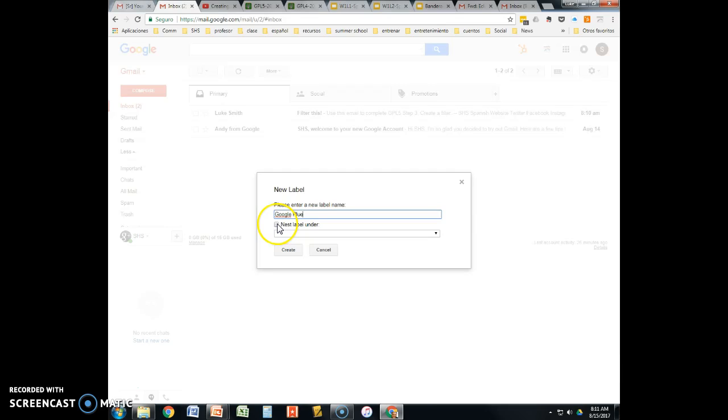Now here we have the option, we can nest this under other labels. So if you want to keep things organized, like for example high school, you can create a label called high school, and then you could put this as like a subfolder under high school, so there'll be another layer of folders. We're just going to keep this on the top right now, so we're going to hit create,